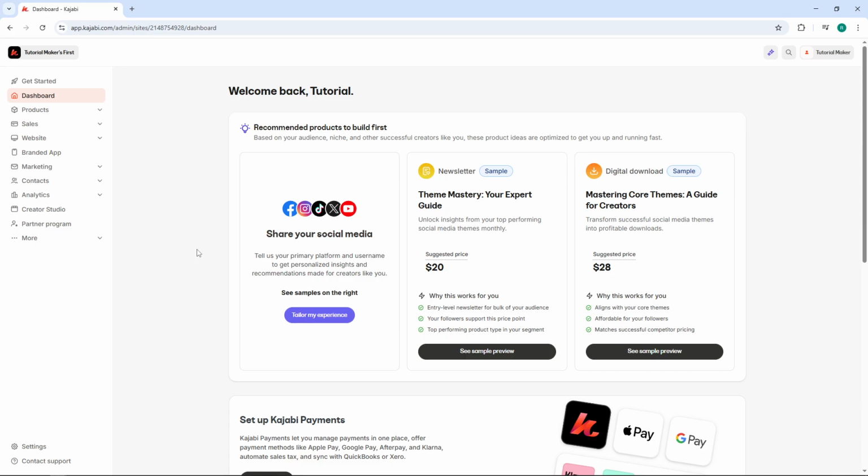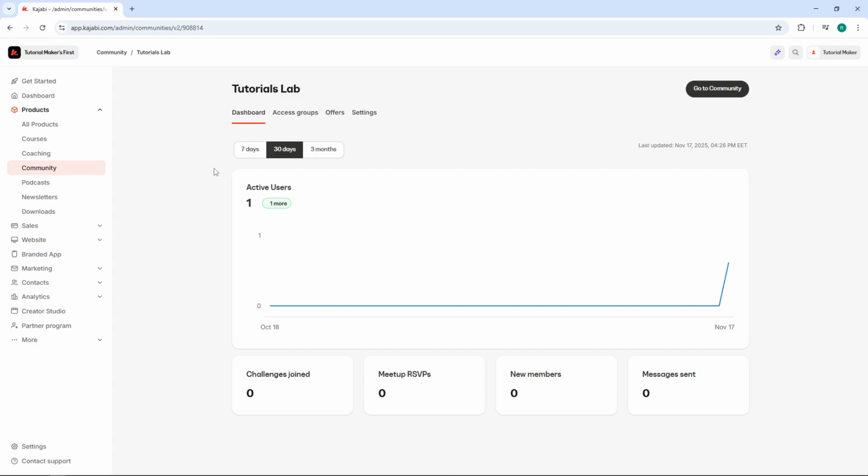Next, look at the left sidebar menu on your dashboard. Click on Products, and you'll see an expanded menu appear with several options. From this menu, select Community. This is where all your community-related settings and management tools live, and it's the central hub for building your member